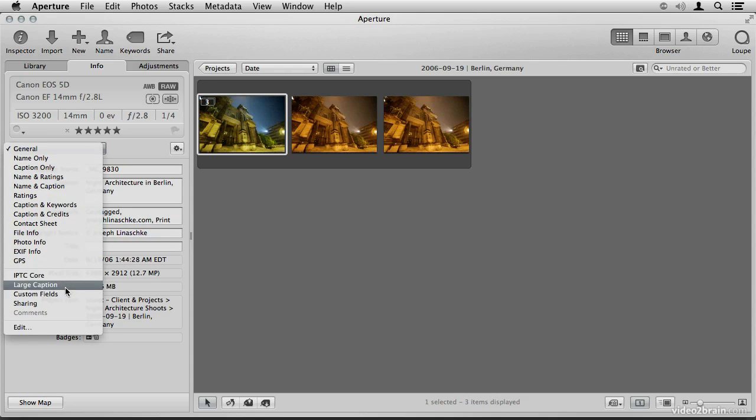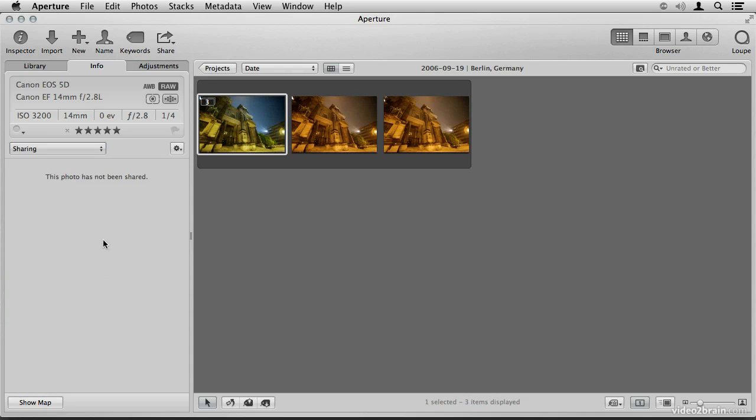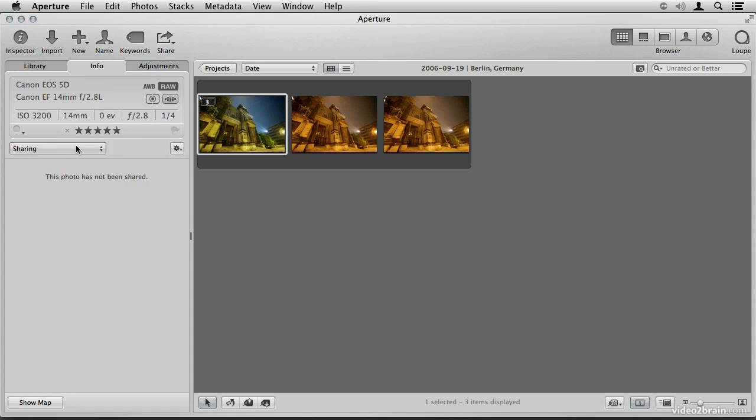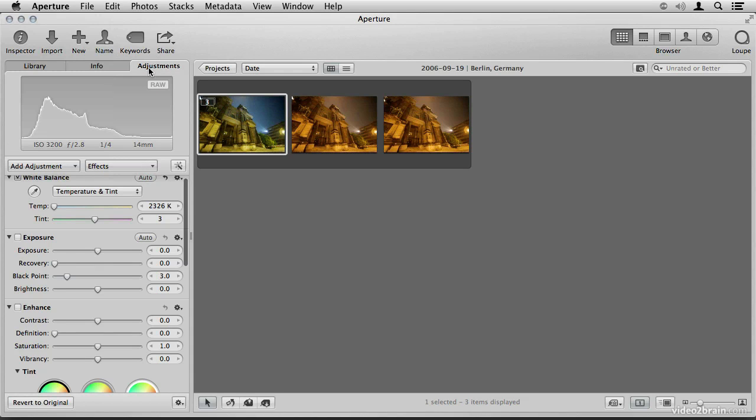For example, if we've shared the image on Facebook, you'll see that listing here, and any comments that have been applied to it would show up here as well. This may not be considered metadata, so instead of adding it here under the Metadata tab, the tab has been renamed to Info, showing you all kinds of information about your picture. The last tab is Adjustments, and there have been quite a few changes in here, and we'll go through those